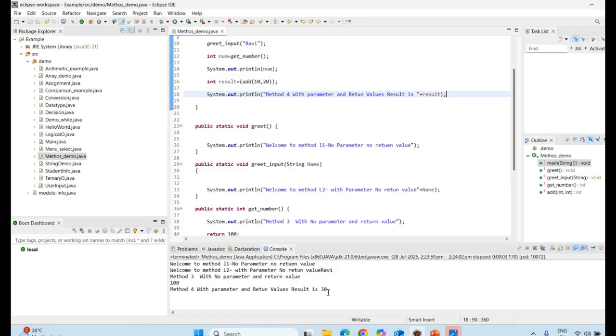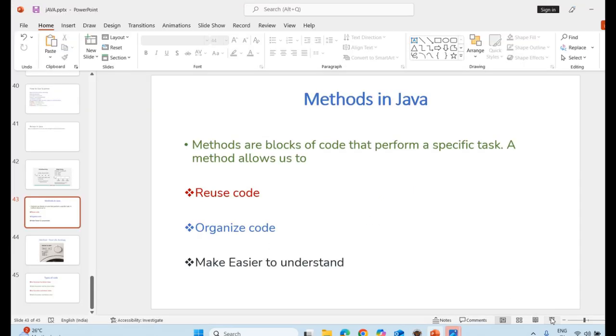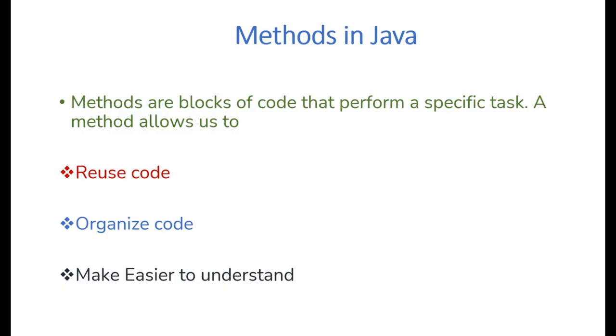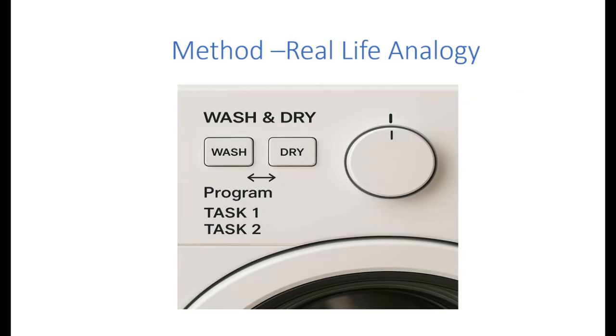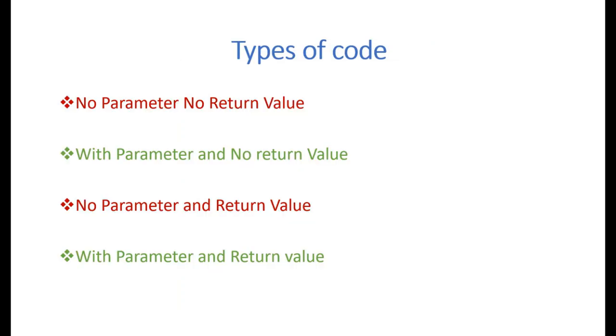So in this way you learn that methods are a block of code to perform a specific task, and they are of four types: with no parameters, no return value; with parameters and no return value; no parameters and return value; and with parameters and return value. We will learn more about the methods